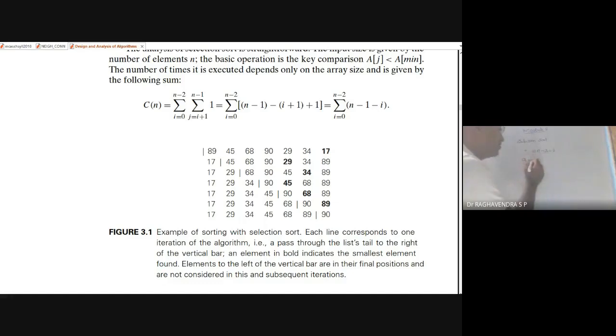a1 x to the power of 1, a2 x to the power of 2, and so on, an into x to the power of n. This is called a polynomial of degree n. Similarly, if you consider like this, we have a x cube plus b x square plus c x equals 0. This is called a polynomial of degree 3.